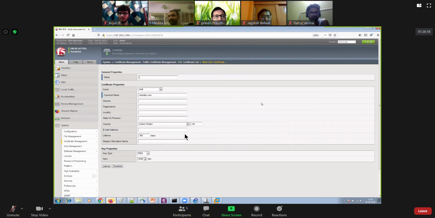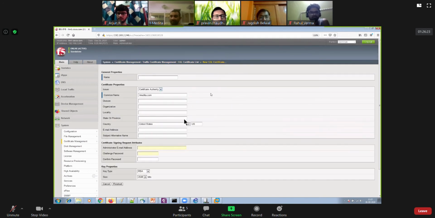Also, you can create one. You can ask to create a certificate for you from a certificate authority itself. So your common name, right? And it will generate a CSR from here, and thereafter you will be getting a certificate.